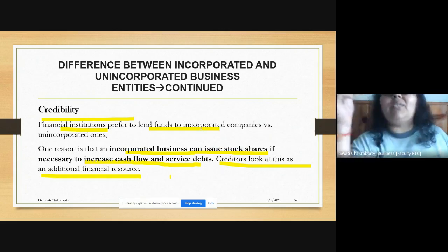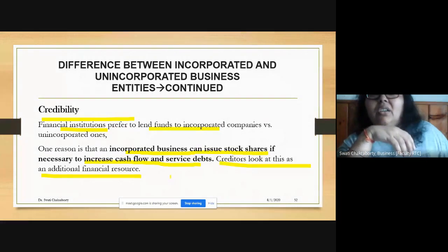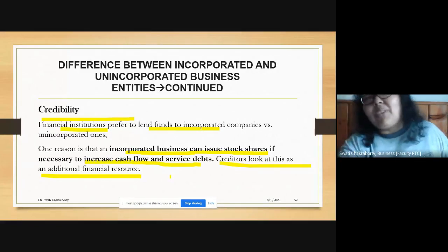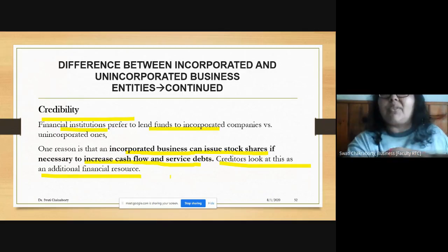They're giving money, so they see that the business houses can float shares to raise money. They have enough shares. If the business falls into trouble, those shares can be sold, and they can pay because they have money. And when you have money and you have a reputation, financial institutions have more trust, because there is something to be kept as mortgage.